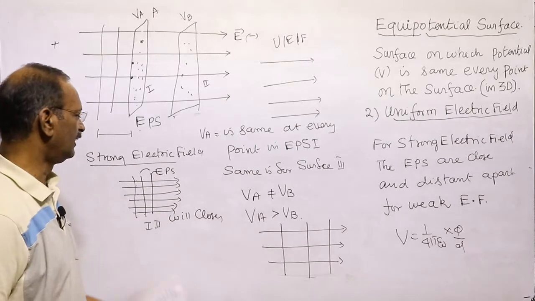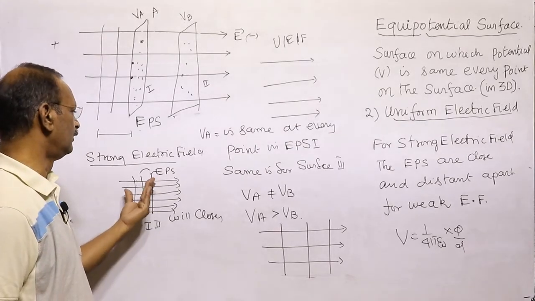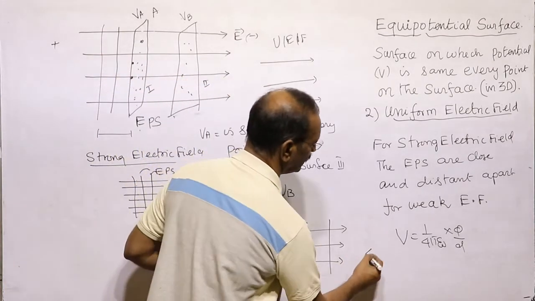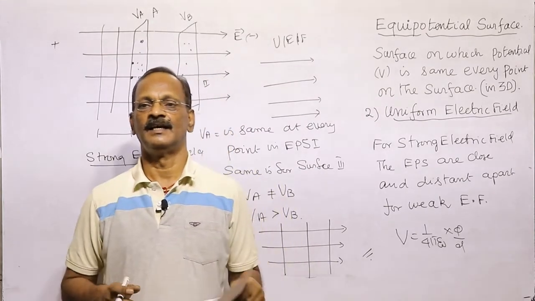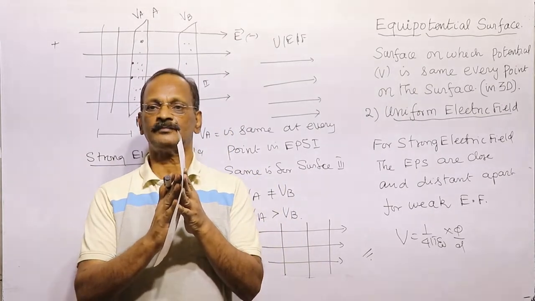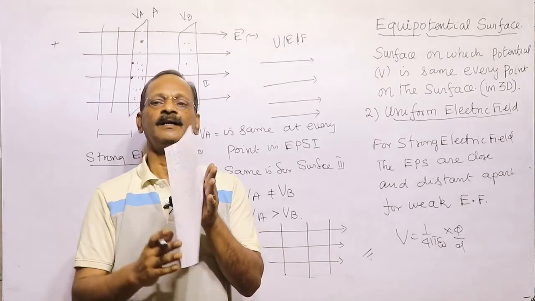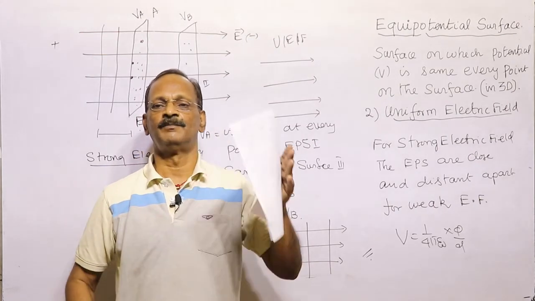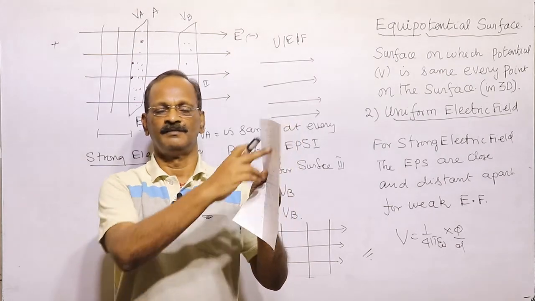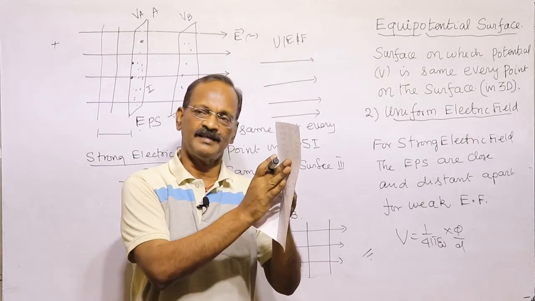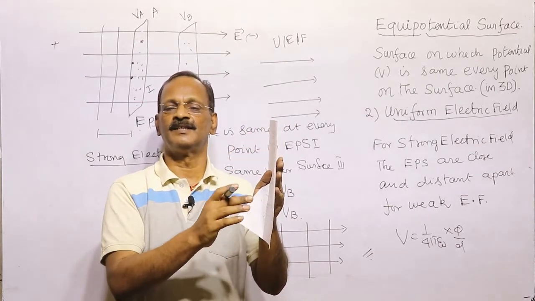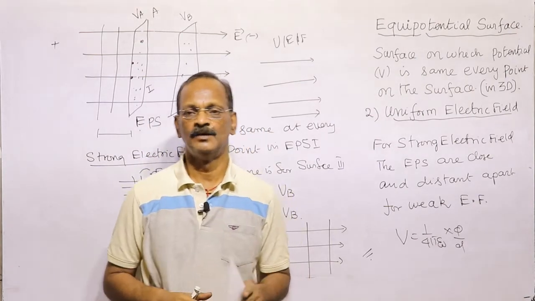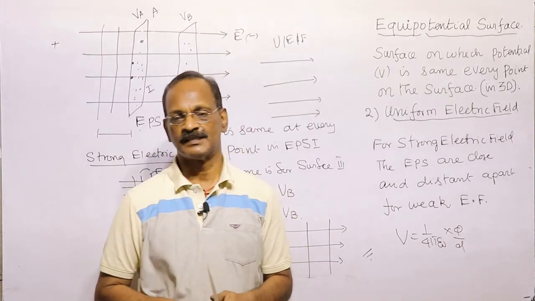This is a weak electric field, and a strong electric field. Strong electric field means the equipotential surfaces are closer. Weak means they are far away. This is as far as the uniform electric field is concerned. For a uniform electric field, the equipotential surface will be a rectangular sheet or circular, whatever you can feel, but at the same distance, the potential is the same. But another point, the potential difference will be the same at the equipotential from here to here. The potential is the same everywhere on the surface, but the only thing is here one sheet is there. So this potential difference, because the potential depends upon the distance of separation.